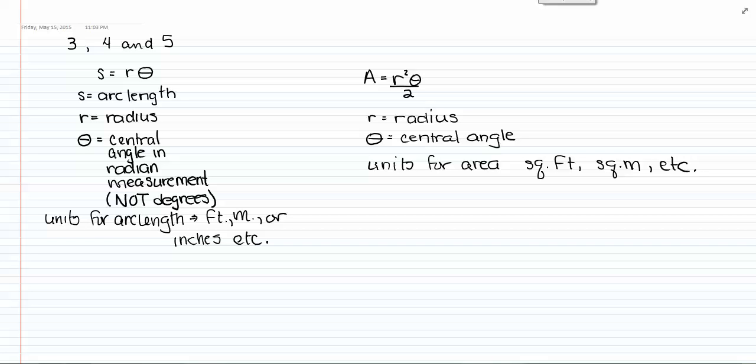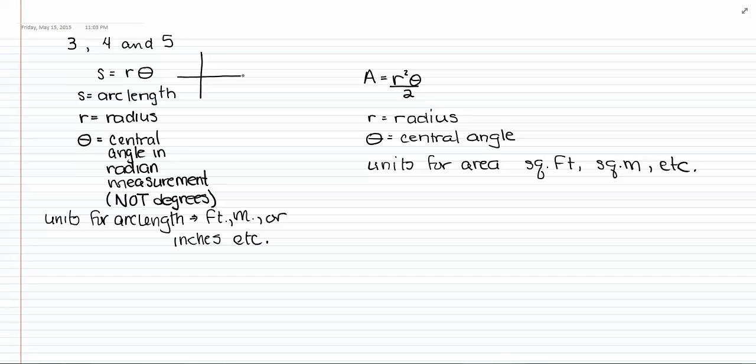For problems 3, 4, and 5 in the review sheet, you're going to need one of these two formulas. The S equals R theta formula is for finding arc length. S is arc length, R is the radius, theta is the angle. So in other words, if you're looking at a circle